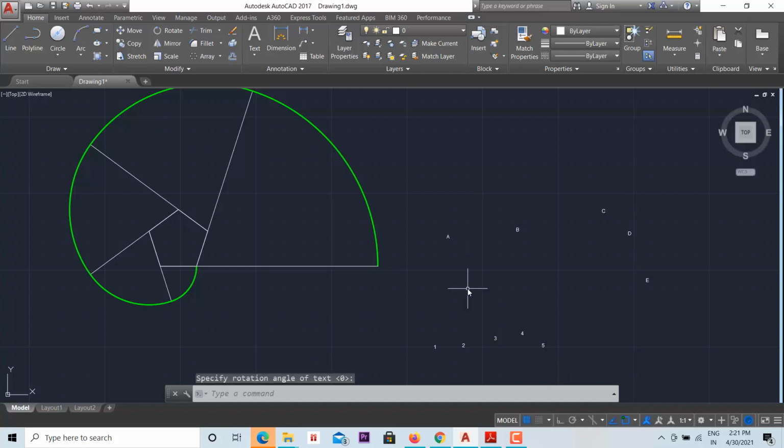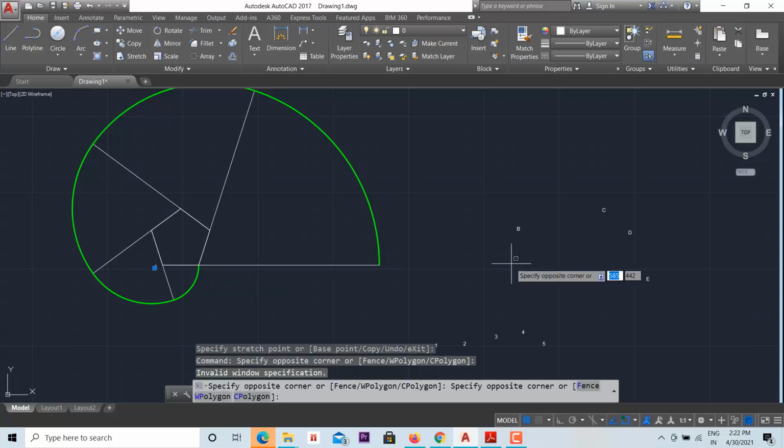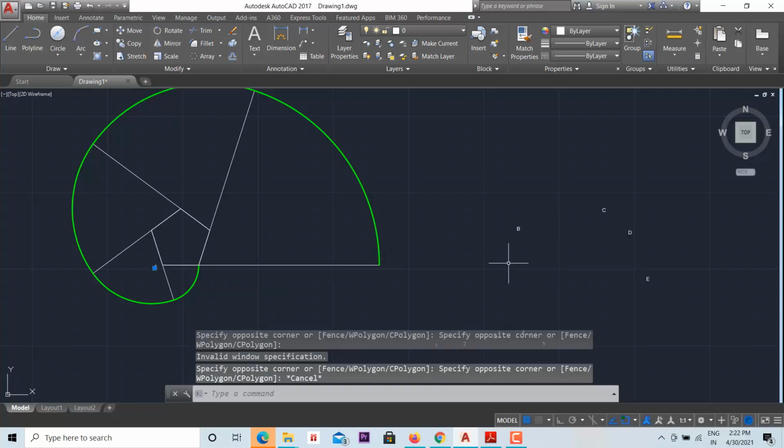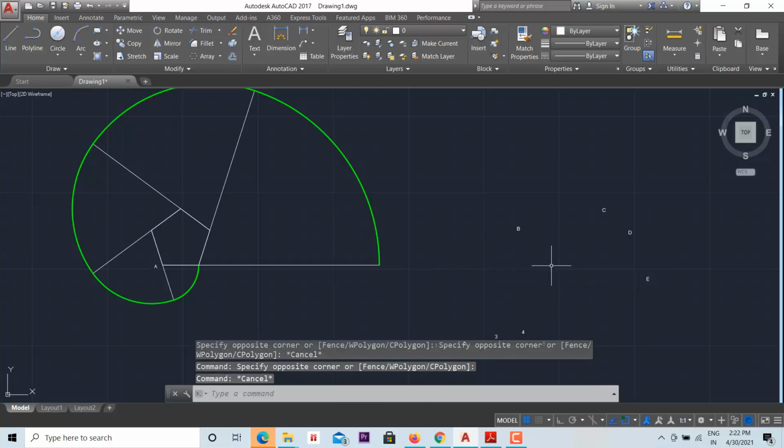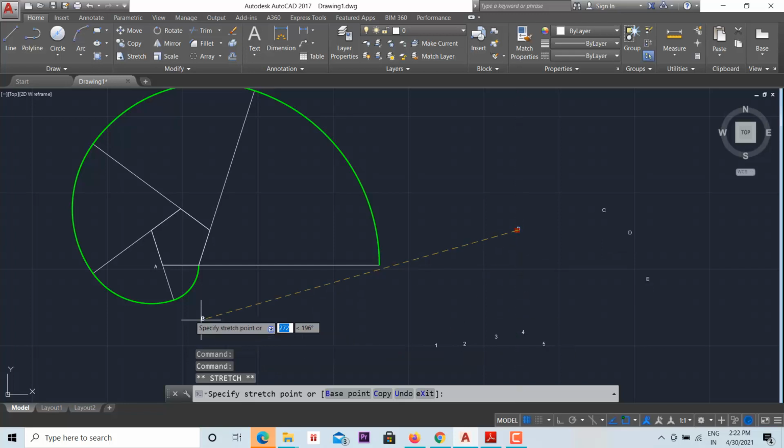Then we can just move the points to the corresponding location. So select this, click on this blue tick and place it here. Next, move the remaining things to the corresponding location.